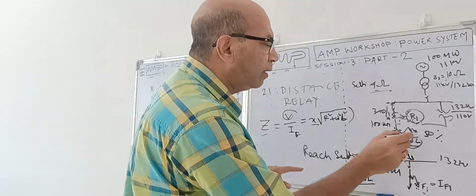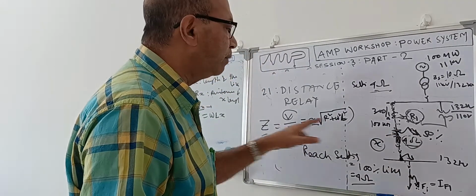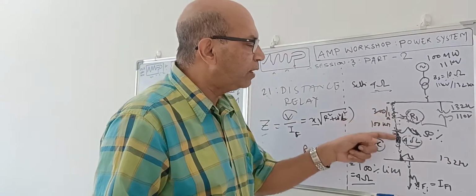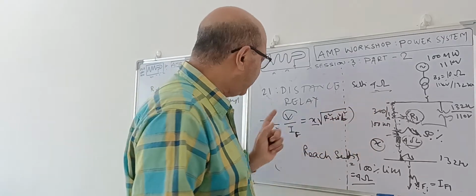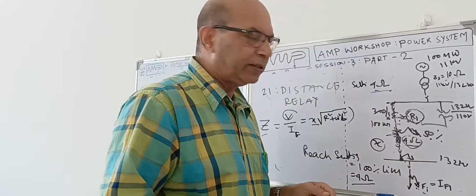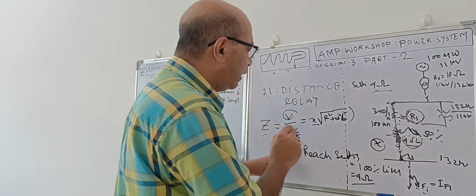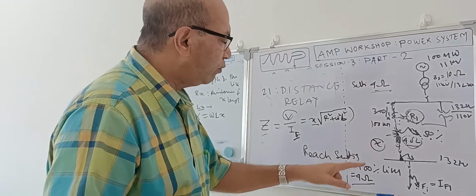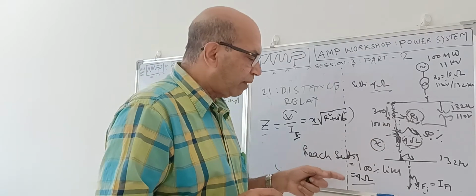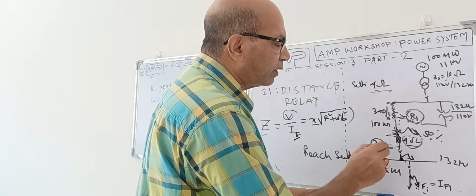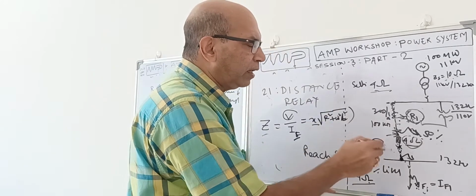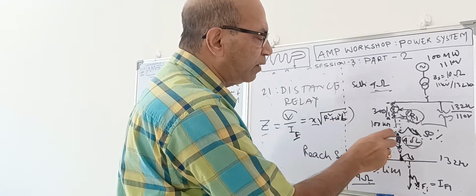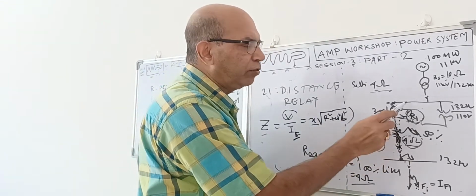At 50% of the length, the current will be proportionally higher, so automatically Z will be low. When Z is low, the fault is near the bus side, but if Z is high, the fault is near the line end side. So by measuring the current, the relay can measure the impedance, and from this division, the relay will understand whether the fault is within the reach or at the reach point. Maximum is 4 ohm. When it measures 3 ohm, you will understand it is a 75% fault, within the line, and the relay will immediately give the command to open the breaker. Similarly, if the relay measures 2 ohm, it will understand the fault is at 50%, and it will operate.